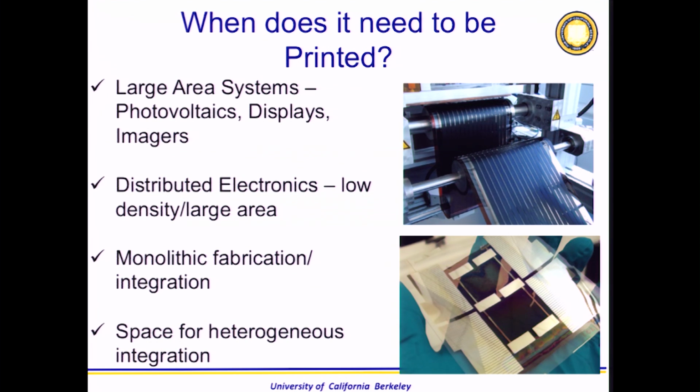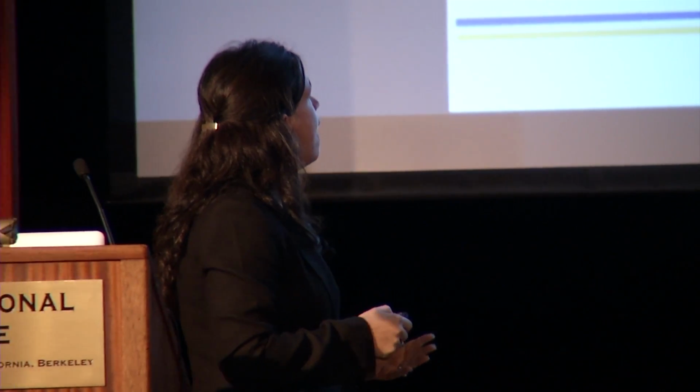But I also think that printing is very good for distributing electronics. If we think about applications where I want to distribute sensors and have localized electronics near those sensors, but I want to distribute over a large area, you can do a combination of printing and pick and place in order to distribute the electronics and print the interconnects. So at the end, you end up with a large sheet that is just sparse electronics. That's something that's quite difficult to do today.